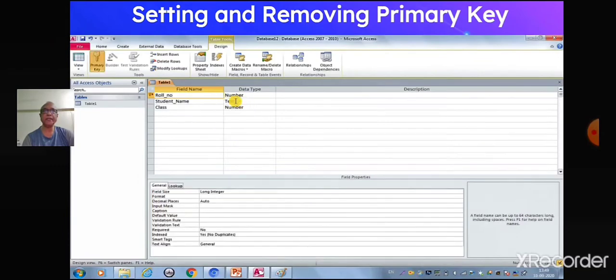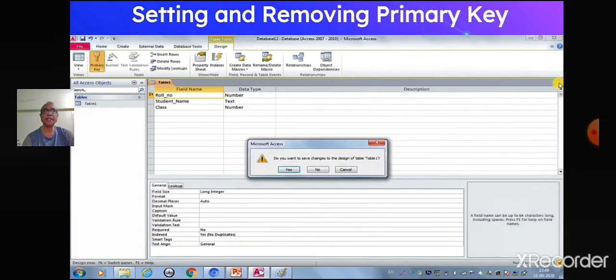The field will be set as primary key indicated by a small key in the field selector column. Click on Close button on the table window. Access displays a message window to save changes. Click on S to save the changes.